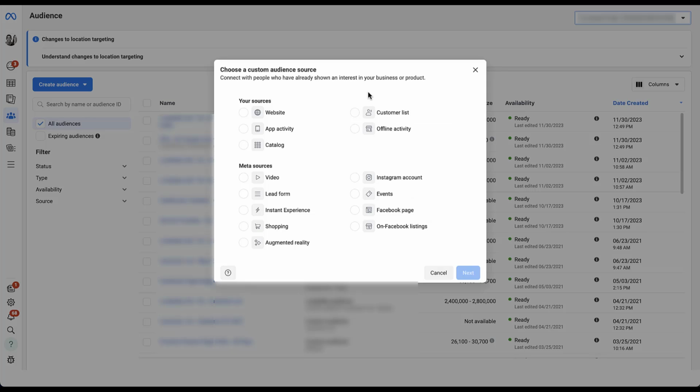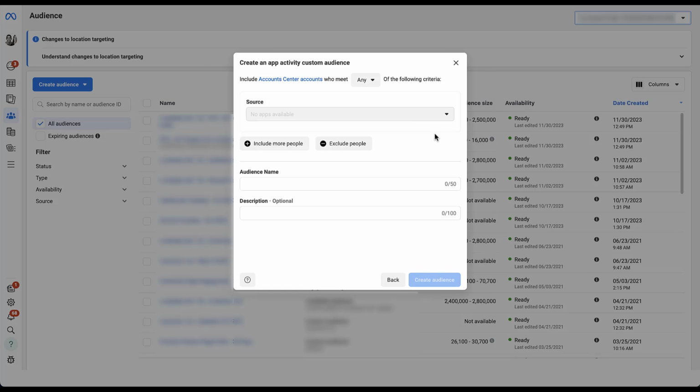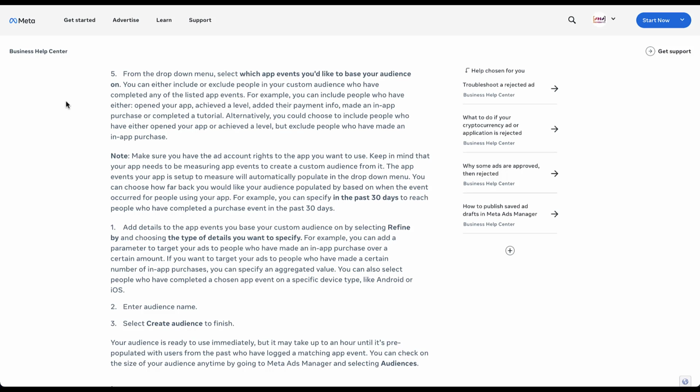And let's go through the second type, which is app activity. And here's where we run into the first case that I don't have a specific account to show you for this. Instead, we're going to look at the Facebook help section to talk about this, just so you have something else to look at. But similar to the event section for the website custom audience, all app engagement audiences are going to be based on any of the app events that you have set up that you want to target